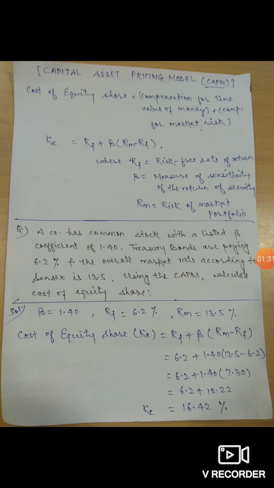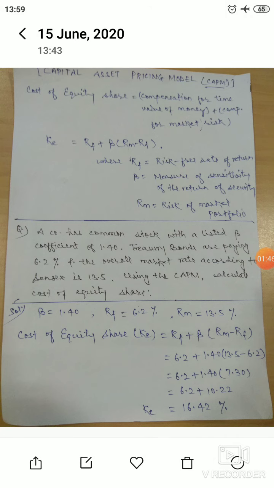Here the value of beta for the market is actually considered to be 1, and in case a particular security has a beta value greater than 1, then the security has more risk than the average security in the market. And if a particular share has a beta value less than 1, then it means that the security has less risk than the average security in the market.